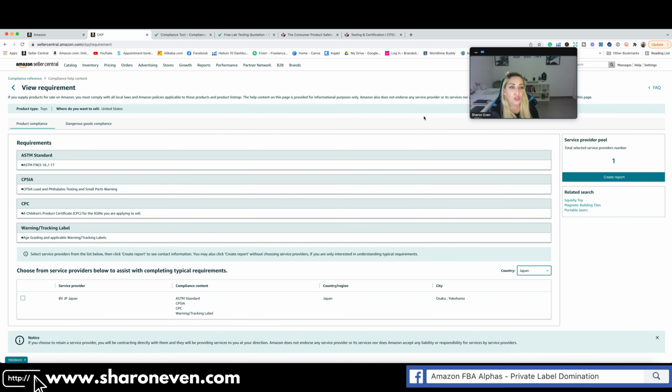Those are the two different compliance tools that we have access to. One is an Amazon tool, which does have a certain amount of limitations. One is non-related to Amazon. It is a compliance tool made by Frederick. I've just forgotten Frederick's last name, and his partner, who have been sourcing products for years and years all over the world. And they created that tool, and I'm really happy to share their tool,